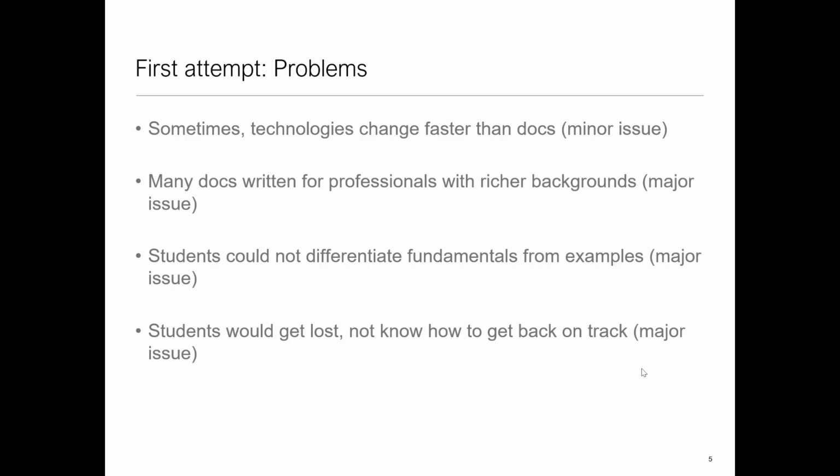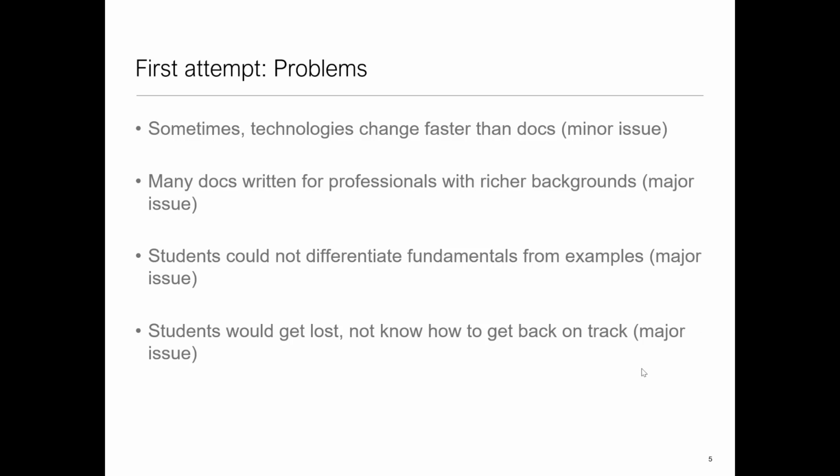So they assume a lot of background knowledge that our students may not have. Going along with this, if you're looking at the documentation and you are trying to take the material in that documentation and apply it to your own situation, it's important to be able to differentiate the fundamentals. Right? What are the important commands, the important concepts, the things I need to do with my own system versus the examples, right? What things am I typing in just because this applies to the example, but it wouldn't apply to what I'm doing? And so what you would see is that students would use commands without necessarily knowing what parts of the command needed to stay the same or what parts of the command would change to adapt it